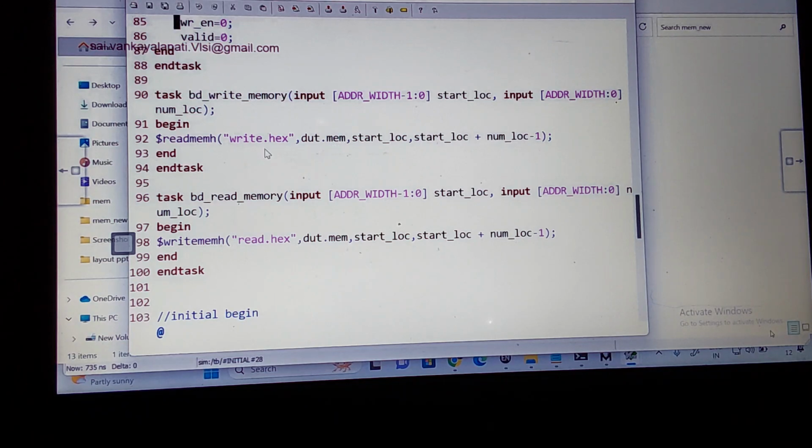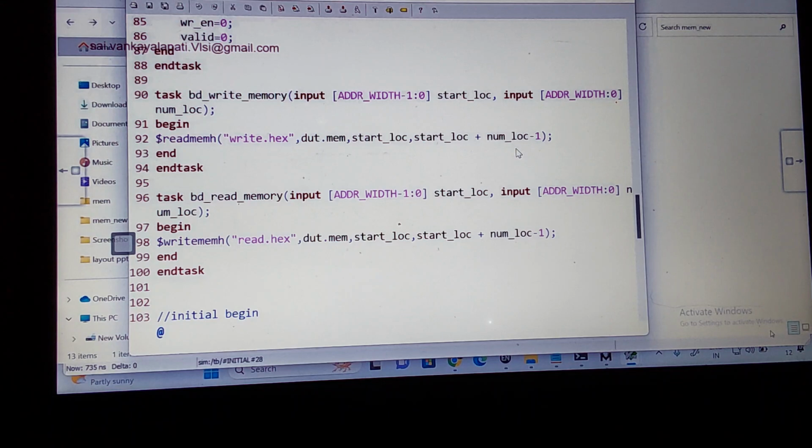You can understand? The first argument is the file, and the second argument is the variable, referred directly using DUT.gain. What is the next argument? Yesterday we spoke about start_location, meaning where I want to begin. Start_location plus number_location gives the start location and the end location. Yesterday we wrote a program: I want to start at 10 and I stop at 15.